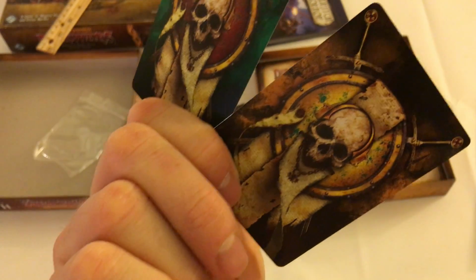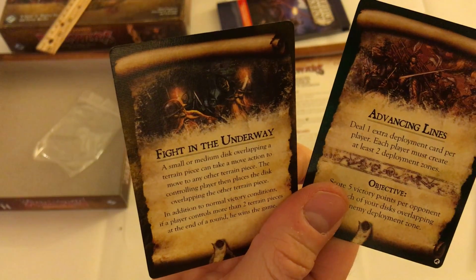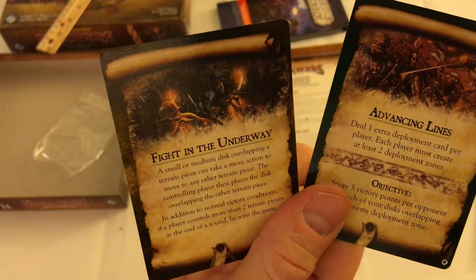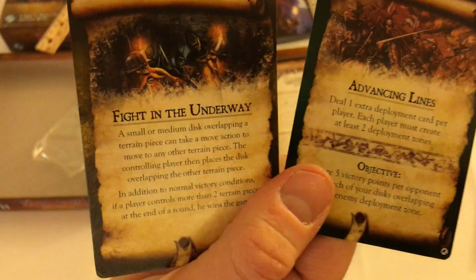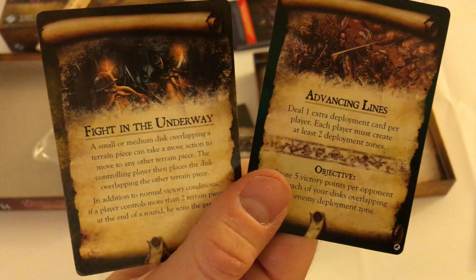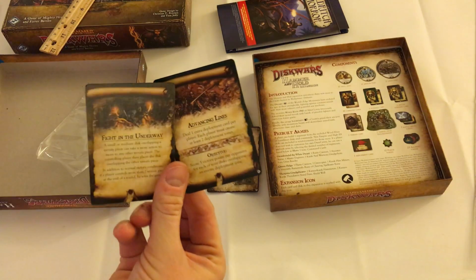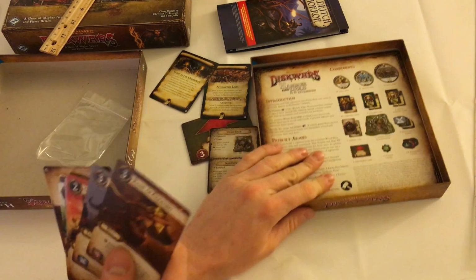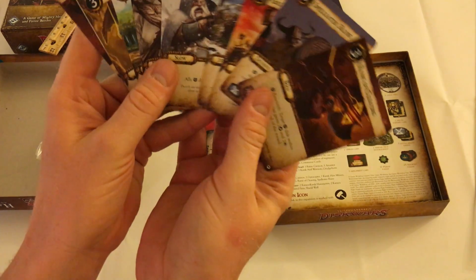The backs are different. So the one on the left, fight in the underway. A smaller medium disc overlapping a terrain piece can take a move action to move to any other terrain piece. Okay, so that's something that creates a dynamic battlefield. So this game is about playing quick and unique scenarios for the most part, and that's kind of its advantage over a miniatures setup. The rest of these cards are